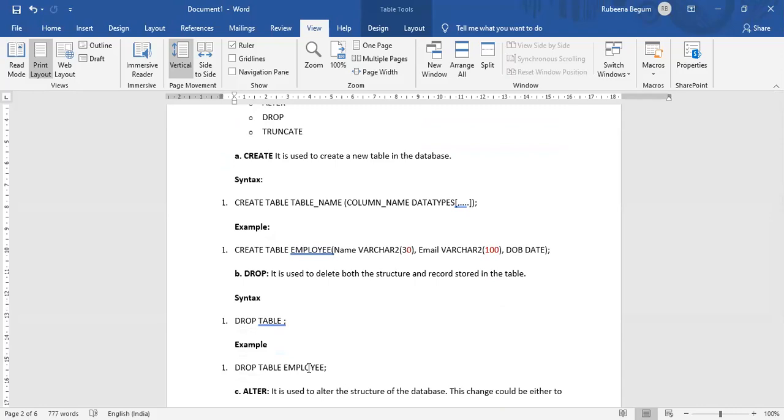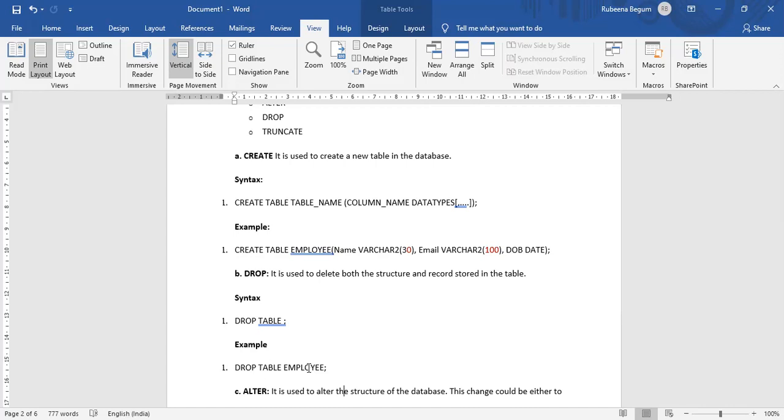It completely means, just now I have created the table. The structure of the table has been created. There is no data in it. We have just created a blank table. So when I use drop, even the data, if at all it is available, will also be lost. This command we will be executing at the end of the video.